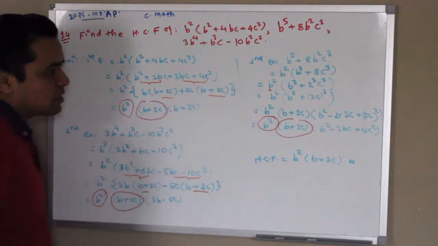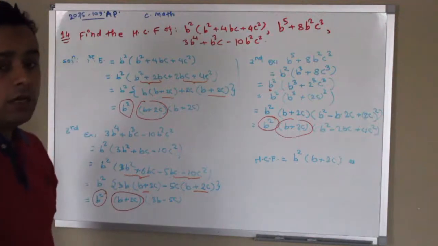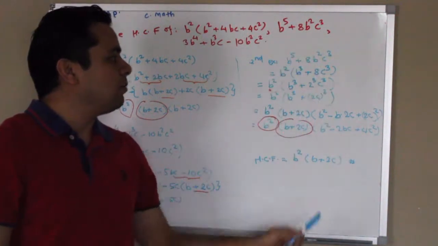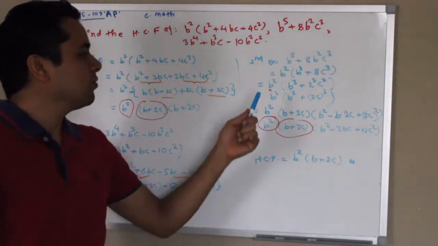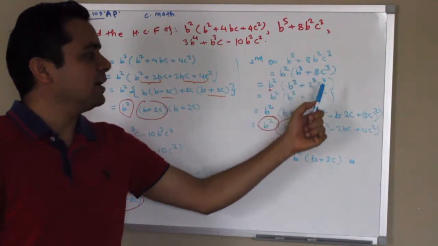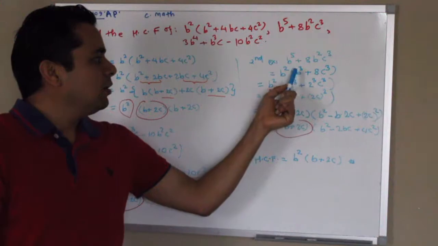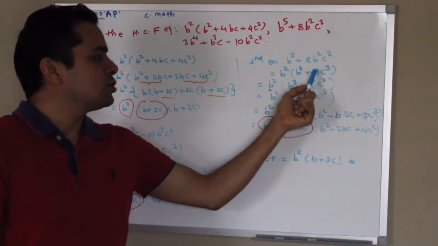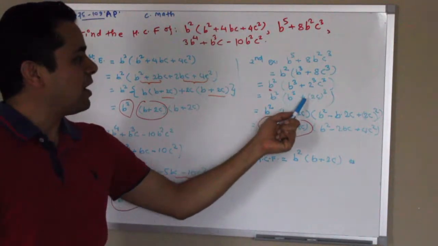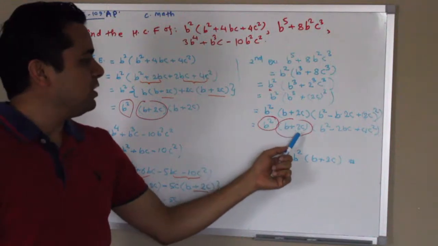Similarly, let's do the second expression. This is the second expression. In the second expression, you saw that we have a 2b common, right? B squared in common. So I have a b squared common. So left is b cubed. Here is left 8c cubed. And if you look here, I can write down 8c cubed means 2c whole cube. Then factorize this using the formula a cubed plus b cubed equals a plus b, a squared